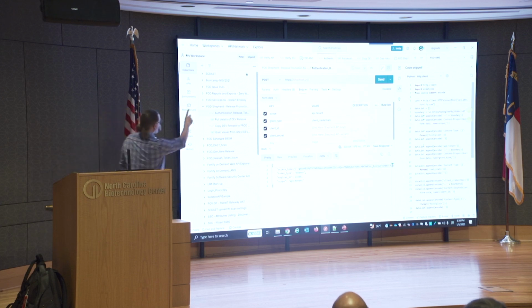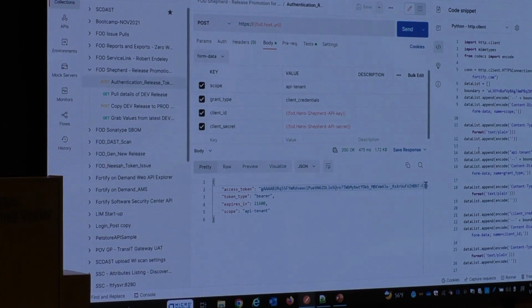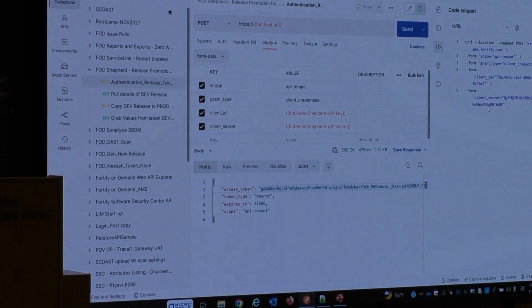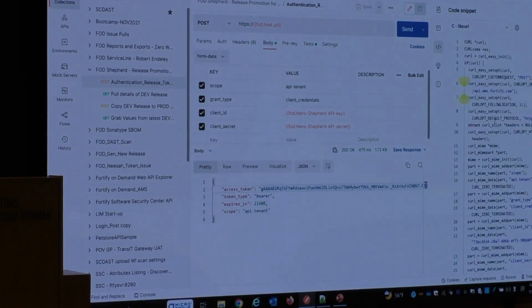So this request, this post with this information, doesn't help my friend who doesn't have Postman. He prefers Python. So I'm going to come over here and choose HTTP Python client, and I can send him all this, and it does the same action that I just did in Postman. If I don't like that, I can instead say I want it in curl format. Boom, it rearranges it all in curl format. Come back down, somebody has a favorite, C libcurl. Again, complete gobbledygook to me. I don't know that language at all, but I can get a working call and ship it to somebody else, and they can be happy with it.